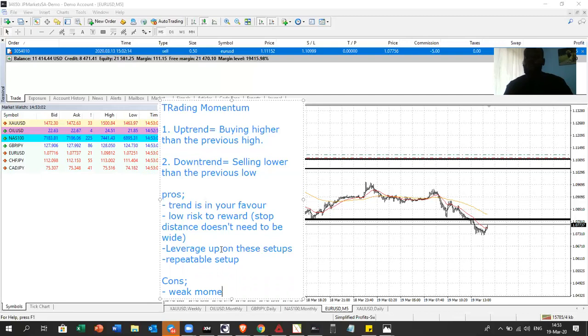Most of the time you get momentum. You get enough momentum to get your position to at least break even most of the time, but it's not a perfect world. We do take losses as traders,